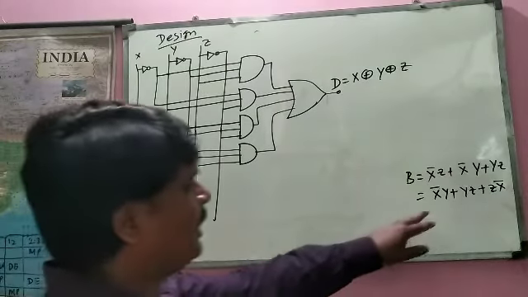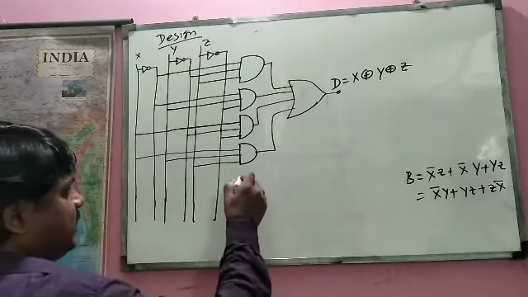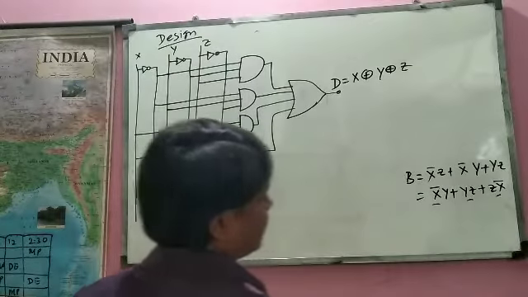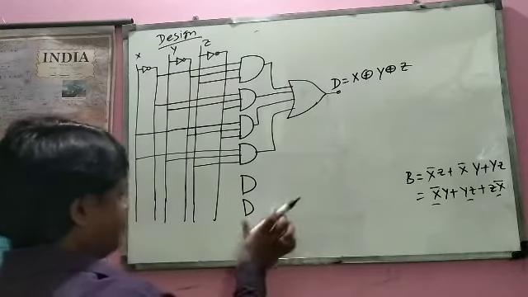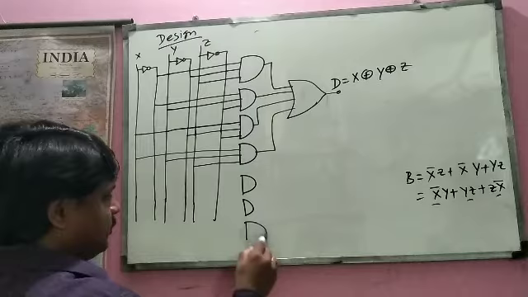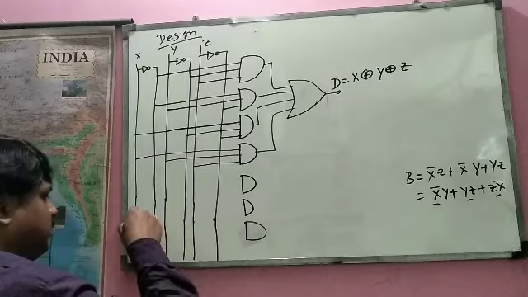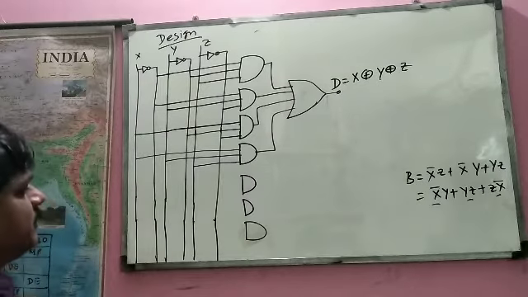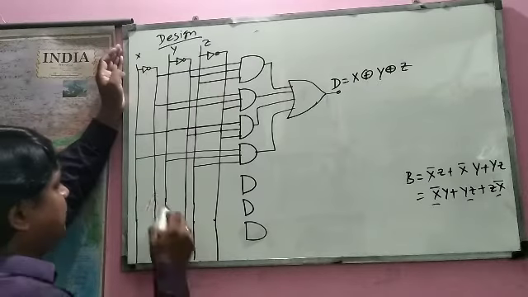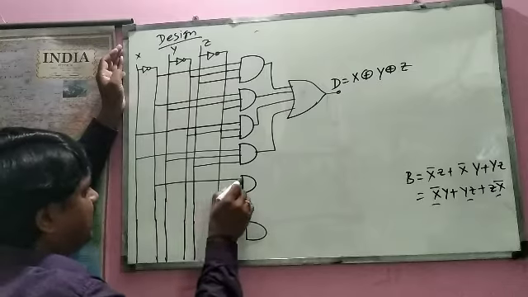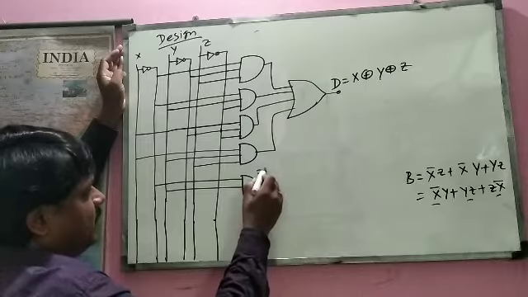And this is nothing but x bar y plus yz plus zx bar. So there are three AND terms, so take three AND gates. Do not take it in any other way; there may be a slip of the sketch also. So x bar y: first of all take the x bar, so this is x bar and this is y. That is very simple. This is x bar y.